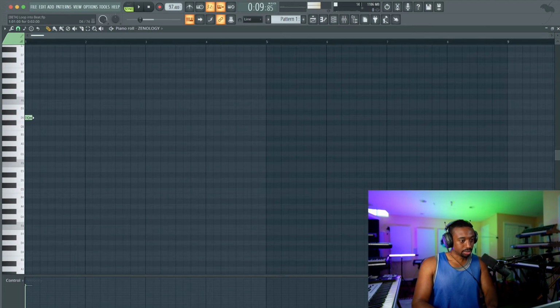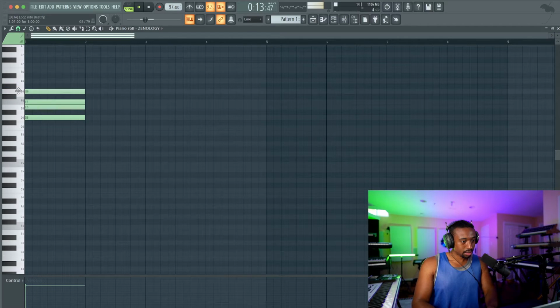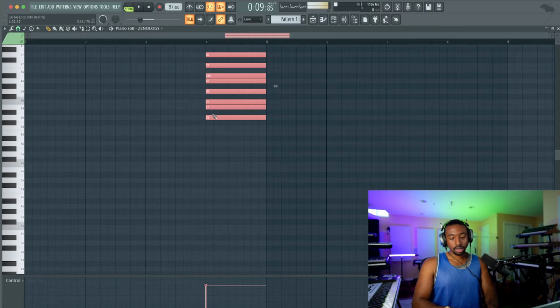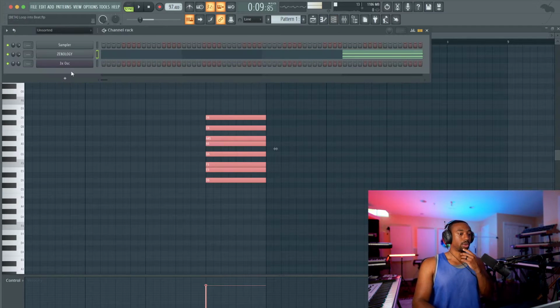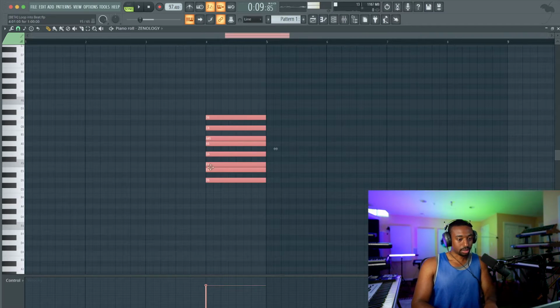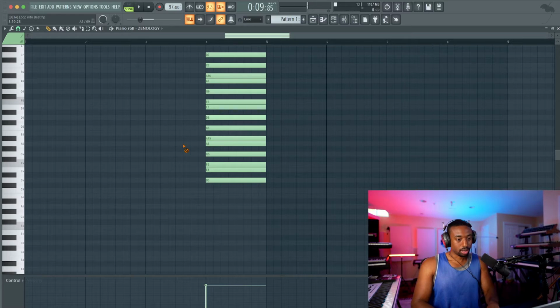Okay, so D is in this key. Okay, so we don't have any B. Okay, so I believe we're in, what is this? D minor: whole, half, whole, whole, half, whole, whole. So we're in D natural minor. That's our scale. Now, with Scalar 2, the only thing is when you load it up and try to figure out the key, they don't have a tuning option, which kind of ruins it because you kind of need the tuning option to know. Long story short, we're in D natural minor.